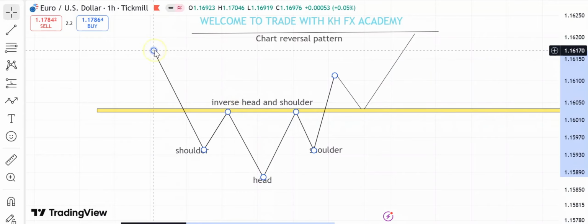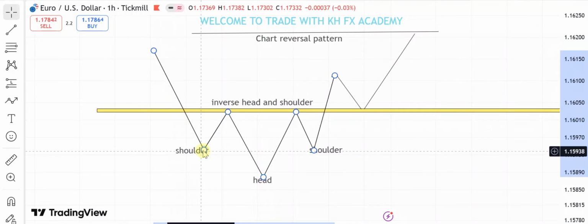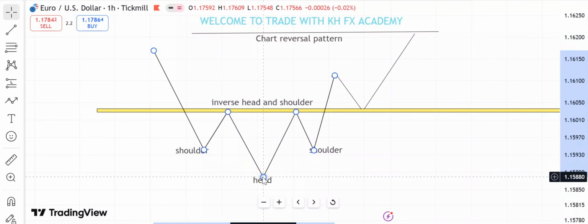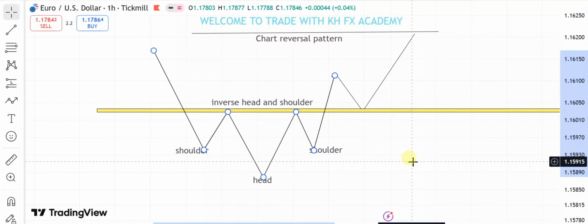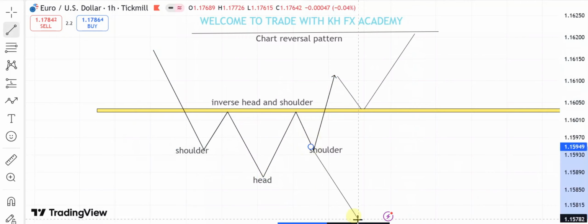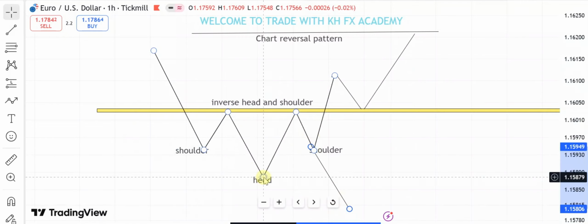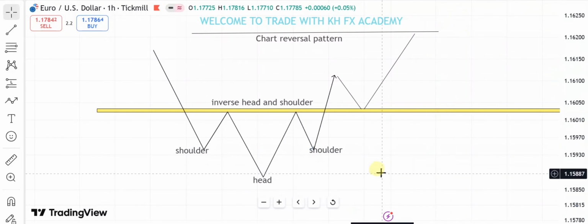And the market was selling, pulled back, sold again, pulled back, sold. Now we should have expected more push lower than this previous low here, but it didn't give us that. That is when you should chill and watch the pattern that this market is about to form. And not just that, like I said